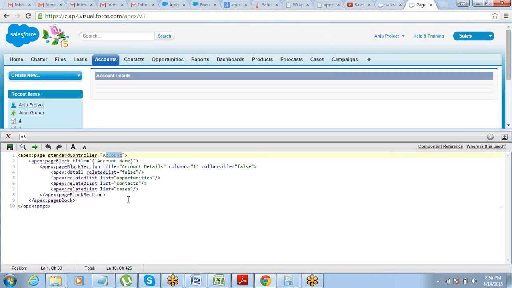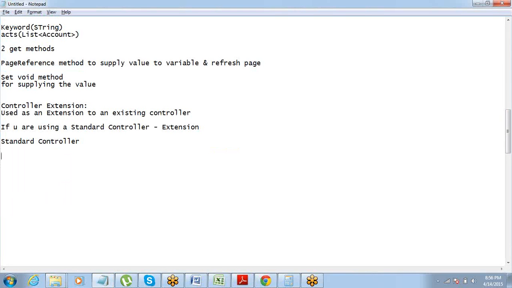All right. Now along with this page, just imagine I want my custom method to bring in some information or data into this. So I cannot go and make any logic change or code change inside this standard controller. So what I have to do is create an extension. So what is an extension? Extension is